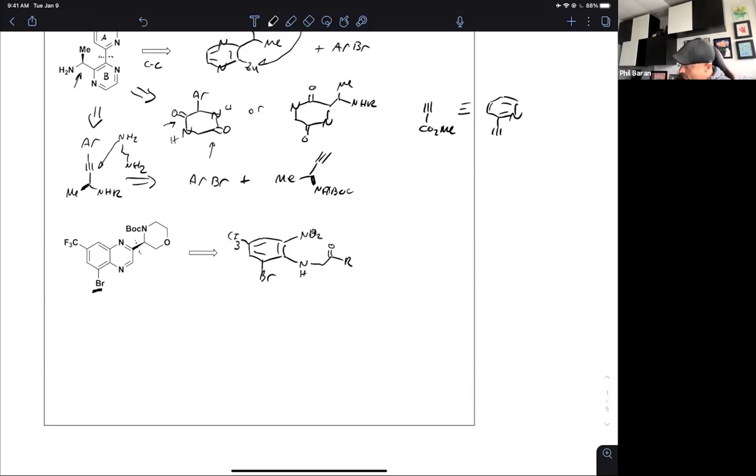Everyone can agree that if we reduce that nitro, which is easy to do with iron filings or tin chloride, in the presence of a bromo, we will get a nice and efficient cyclization, and that can come from